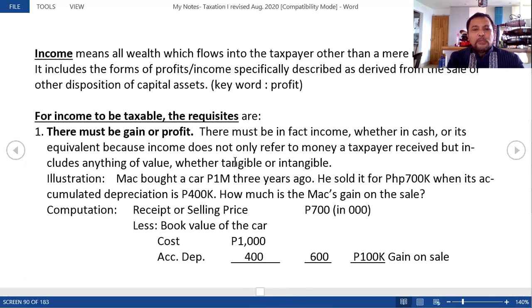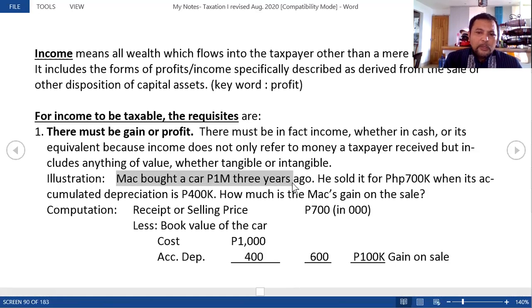Let's discuss these requisites one by one. The first one is there must be gain or profit, whether in cash or its equivalent, because income does not only refer to money a taxpayer received, but includes anything of value, whether tangible or intangible. So, something valuable. An illustration here: Mac bought a car